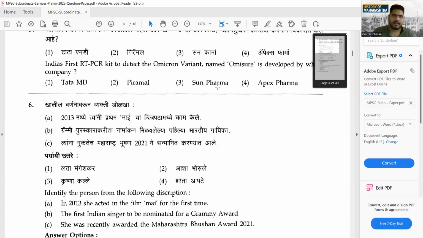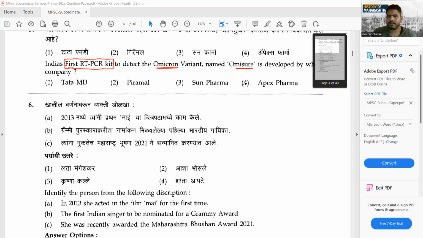Yes. Again, this is part of the news. If you have read the news at that particular time, this was purely current affairs. India's first RT-PCR kit. It was odd to ask because we had just suffered COVID, we had just come out of the third wave when this exam was conducted. Actually, this exam got postponed due to COVID itself. So, India's first RT-PCR kit to detect the Omicron variant, the third wave variant, named Omisure, was developed by